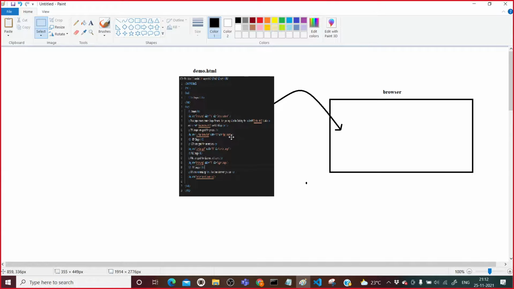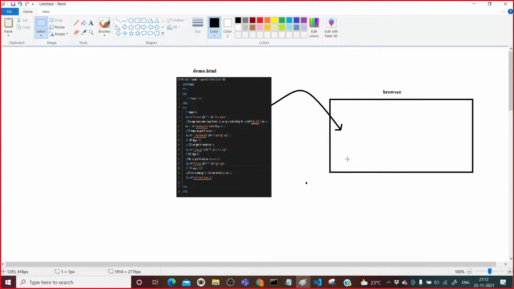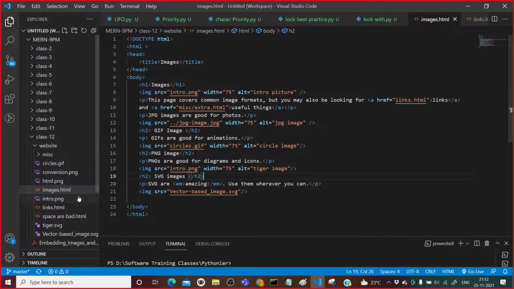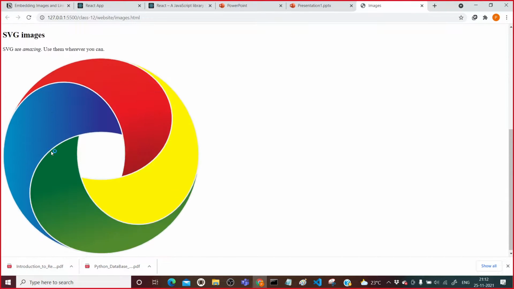Suppose that this is a particular page, right? This particular page you are opening in a browser. So how the browser is showing this page, I will show with open live server. It is showing like this, right?